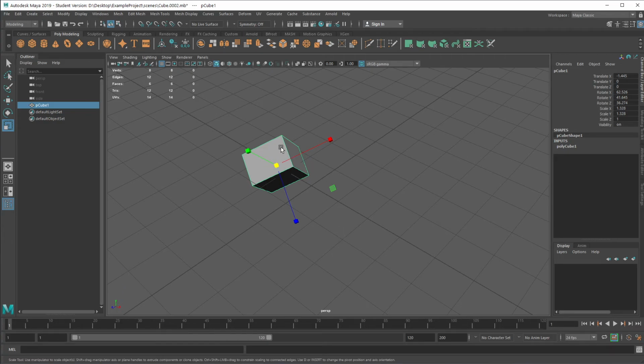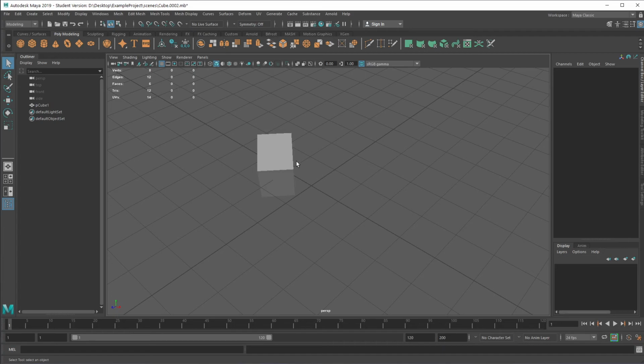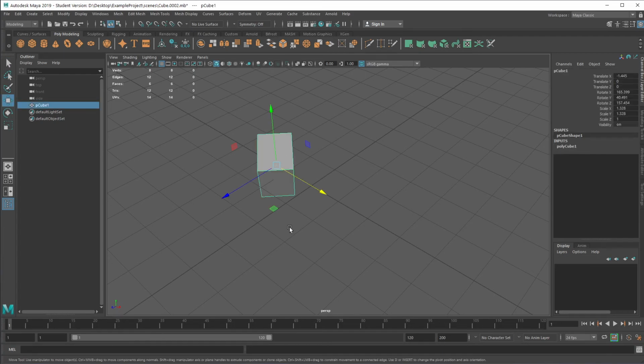But as I rotated my object, it no longer is aligned with the world. This is what we know as local space. Local to this thing, this is going to be the front, the right, and top, but it no longer matches the orientation that I have in my world. I can make it a little bit more noticeable if I keep on rotating it like this and click on the translation. See,